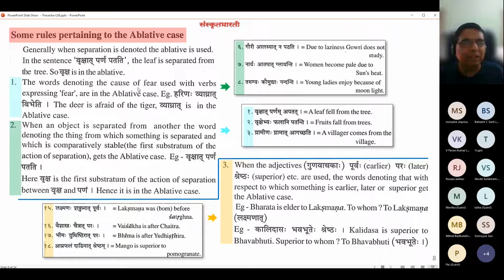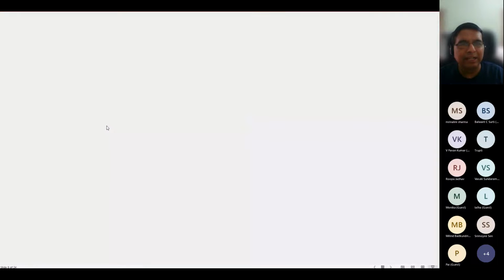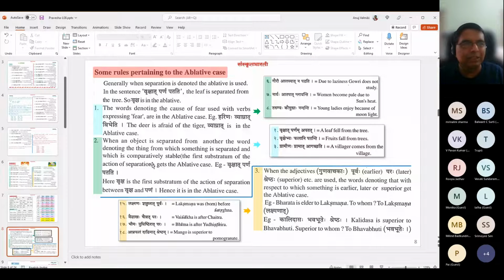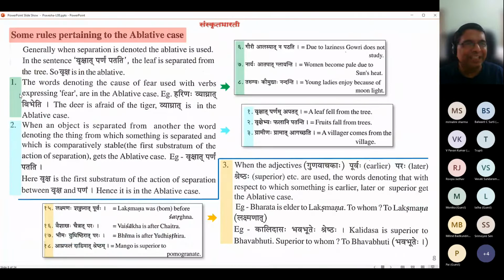The words denoting a cause of fear, this is the second case. This actually, the colors were fine. I hurried. Samskrit Bharati has switched the order for us. Okay, I am sorry. I got confused. I don't know why they listed that first and then this to confuse us. But I got the colors right when I constructed the slides. So actually this is number 2 and this is number 1 in the way in which you read the sentences.